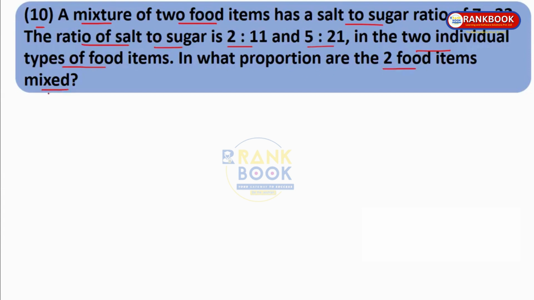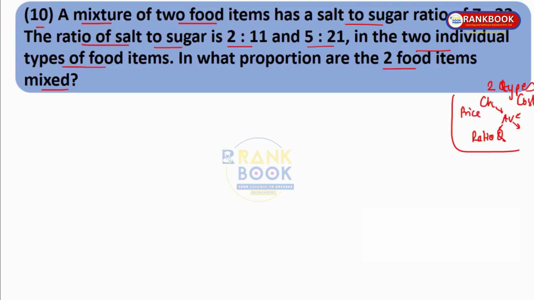Now, we have learned that whenever we have to find the ratio of quantity or the proportion of mixture, we generally use the formula. What is the formula? We have the cheap, we have the costly quantity, we have the average, and then we get the ratio of quantities. But generally while using the formula, we have two quantities or two types, and they have their own price, and then we find the quantity.